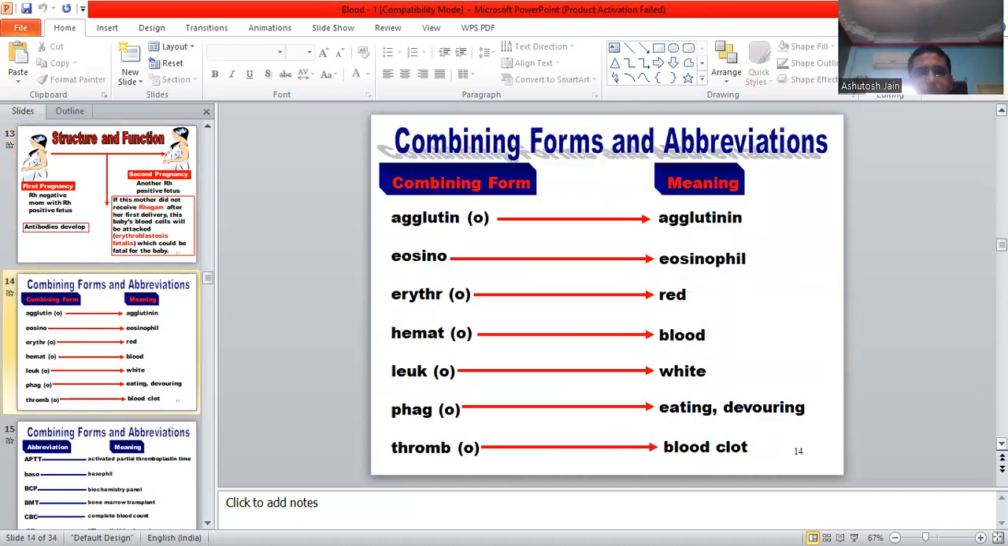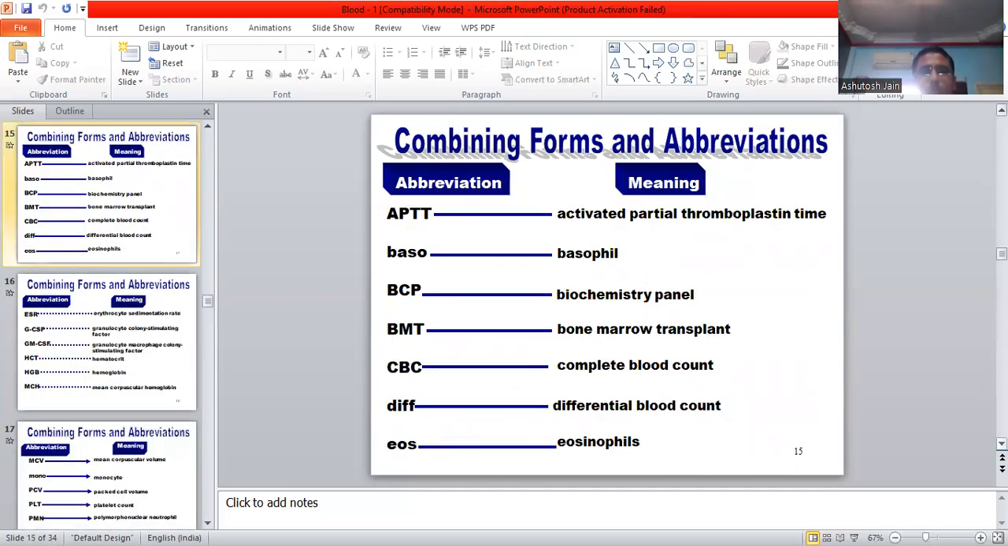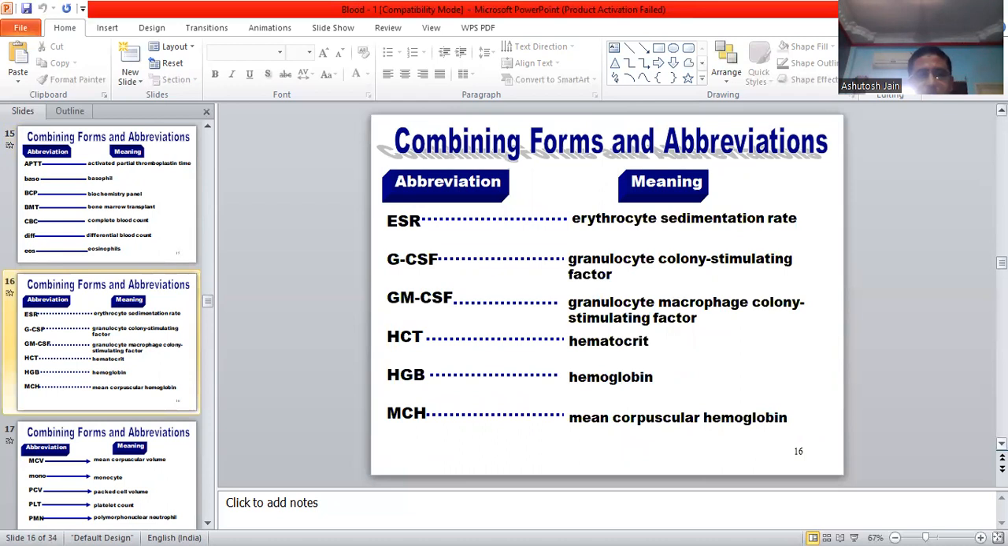Combining forms and abbreviations: agglutinin, eosinophil, erythro, red, hemato, blood, leuco, white, phago, eating, devouring, thrombo, blood clot. APTT, activated partial thromboplastin, basophil, biochemistry panel, bone marrow transplant, complete blood count, differential blood count, eosinophils, ESR, erythrocyte sedimentation